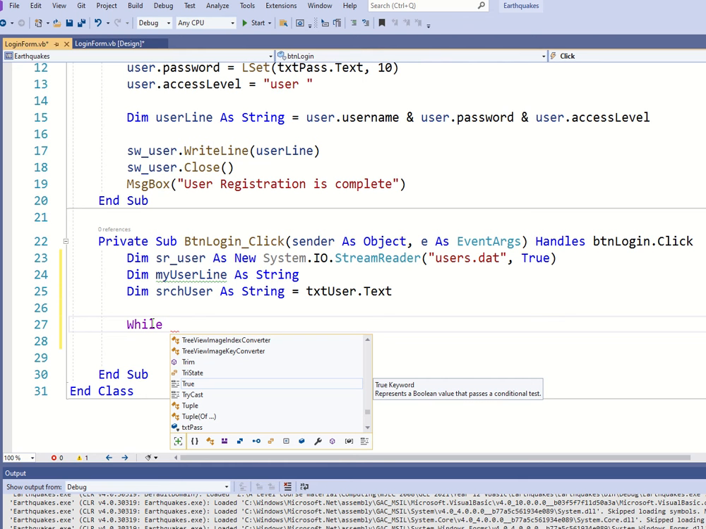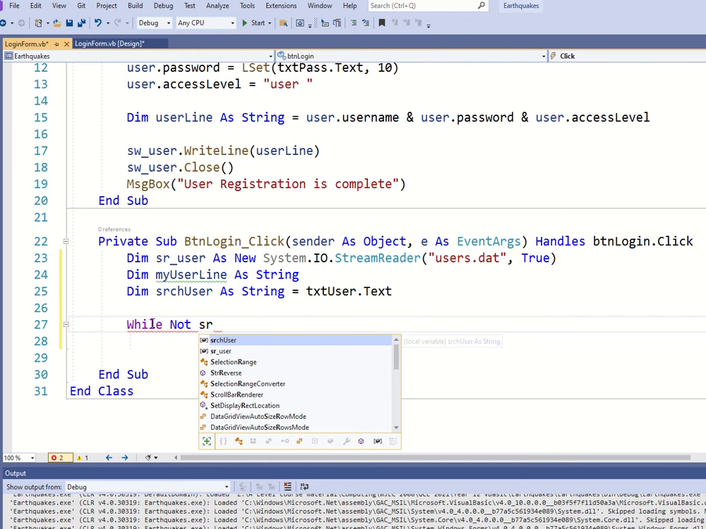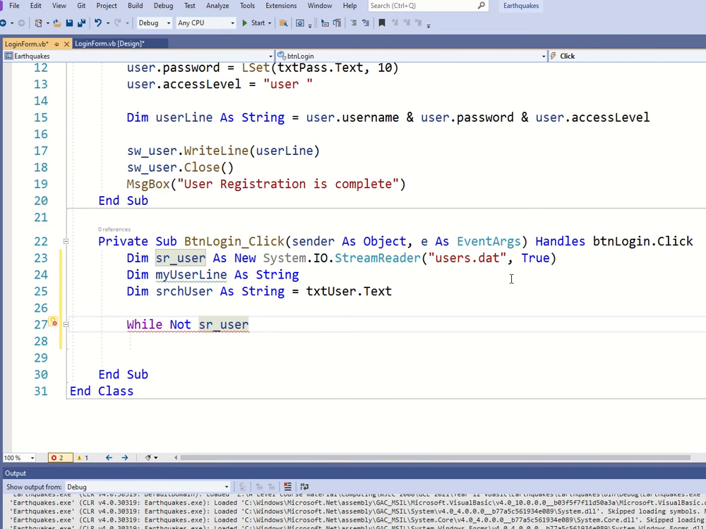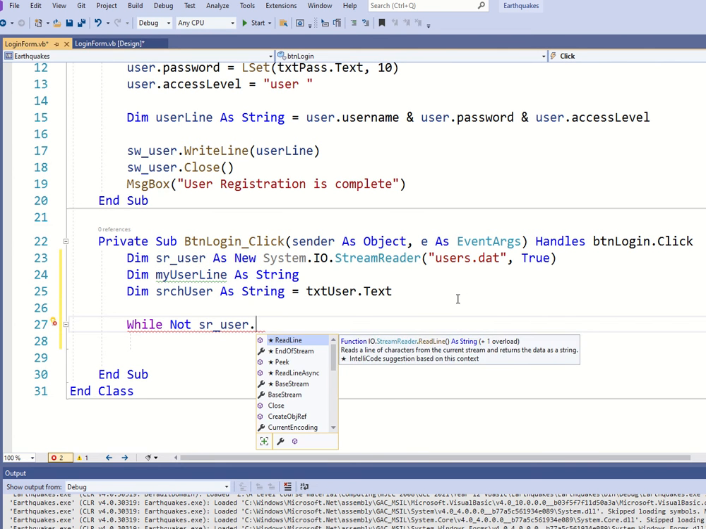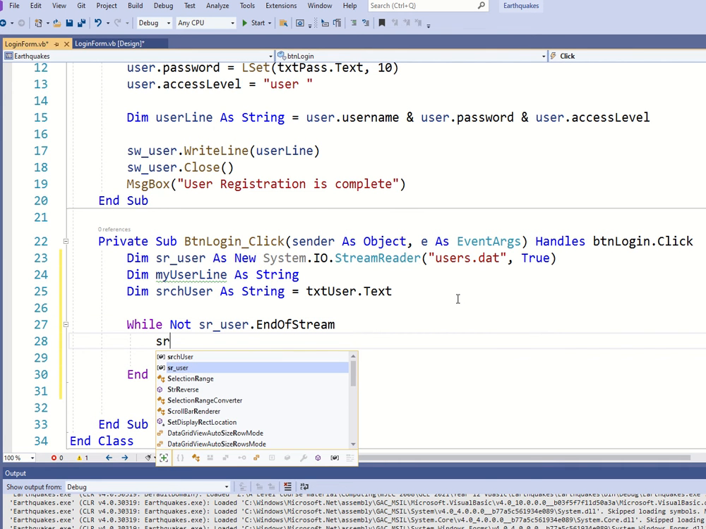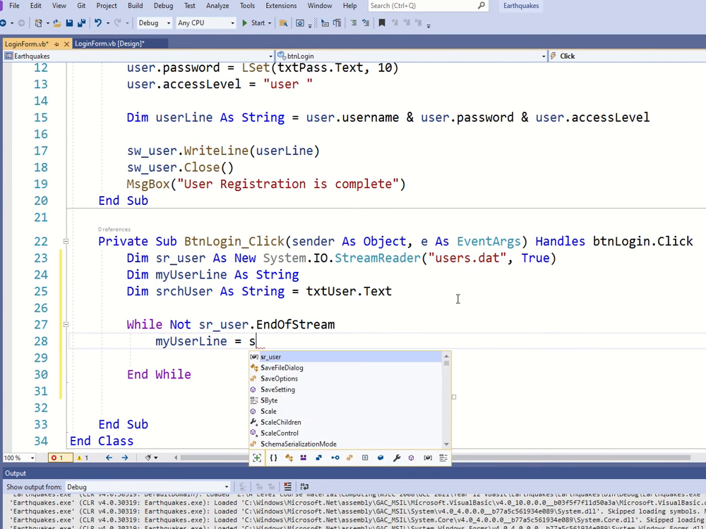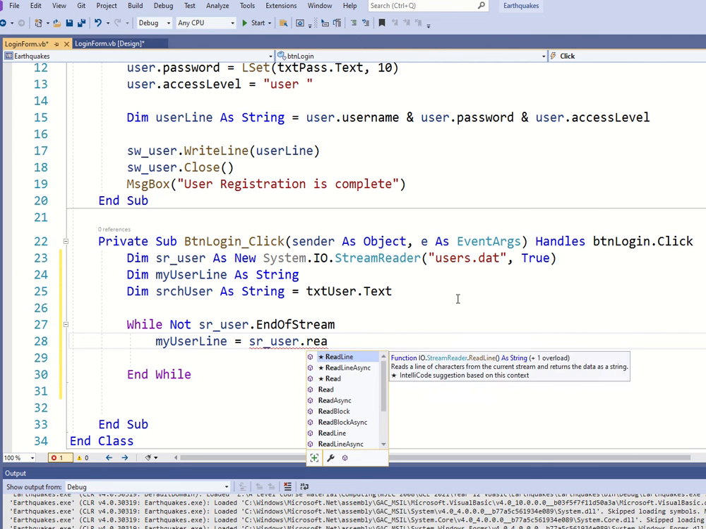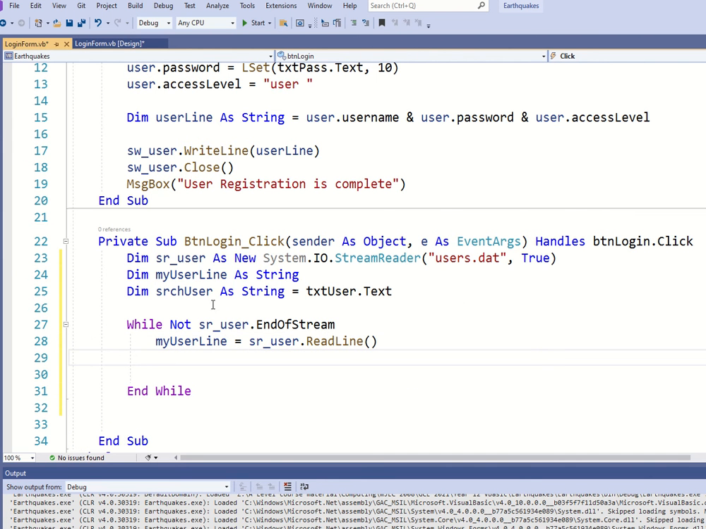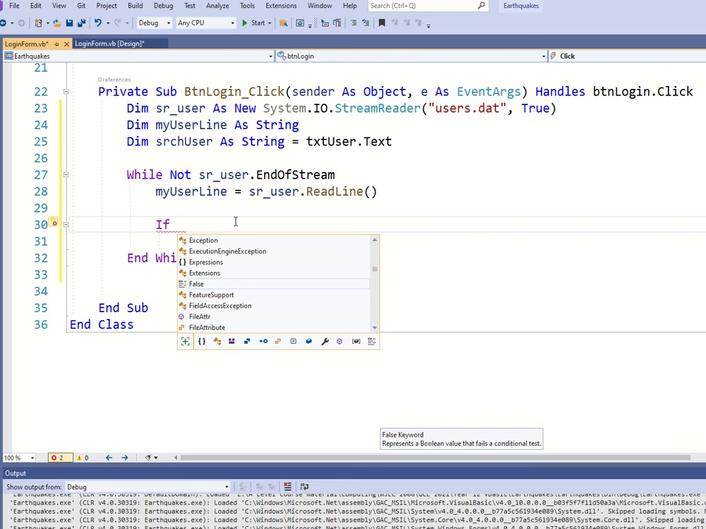Right, so we're in a position now to do a while loop. While not sr user, no, that's not right, so srUser, which is the StreamReader link into the file, while srUser.EndOfStream. So while that's not end of stream, we want to read a line into my user line. So myUserLine equals srUser.ReadLine. So it'll read a line into myUserLine, and now I can say here, if, just move it up at the screen a bit, if my user line,